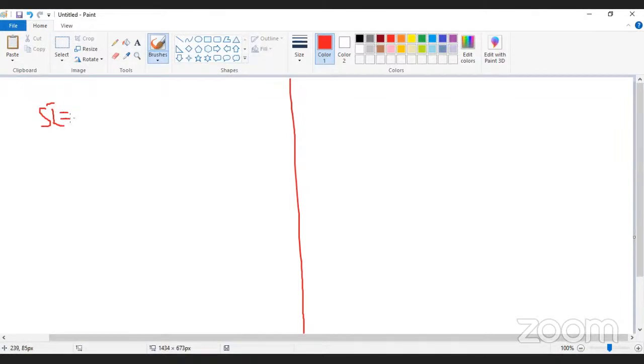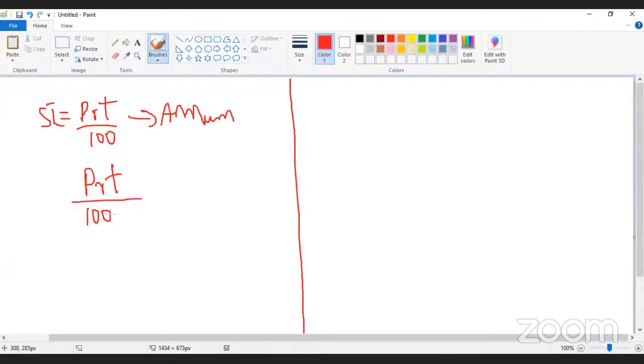You should have understood the previous method, whatever I told you. Here the simple interest, we are paying on an annual basis, that is PRT by 100, for 1 year, that means per annum. The next one, PRT by 200, that means PRT divided by 100 times 2. That means in a year, I'm dividing it into 2 parts and paying it for every half year.